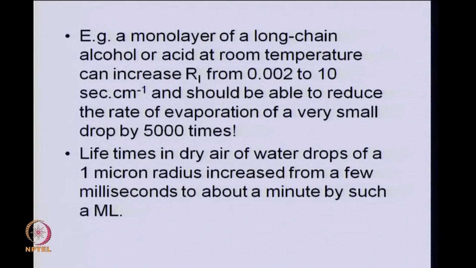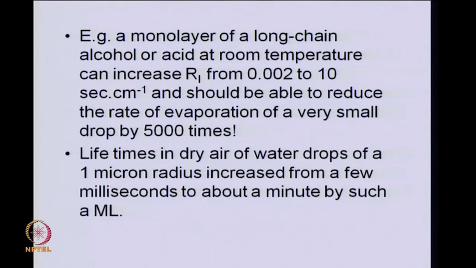For instance, we had looked at these numbers earlier. A monolayer of a long chain molecule of alcohol or acid at room temperature could cause an increase in the interfacial resistance from about 2,000th of a second per centimeter to about 10 seconds per centimeter, which means